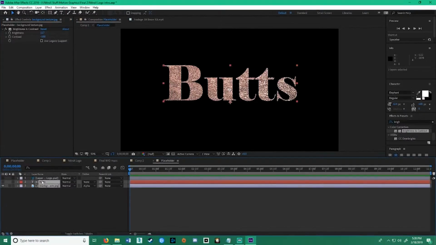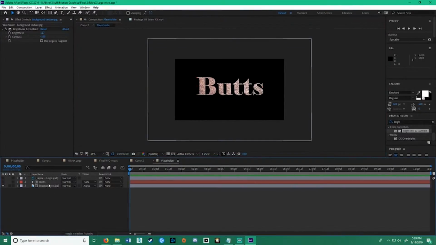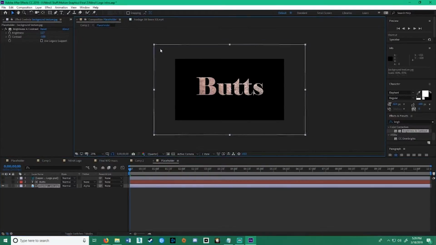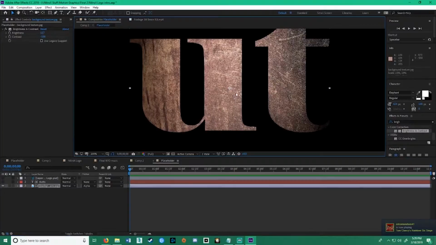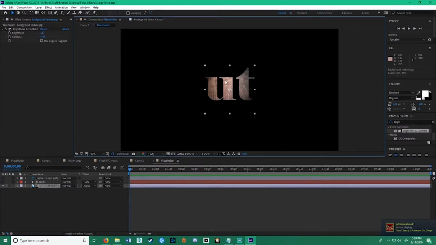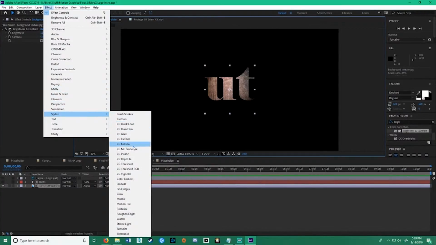Now that you have that in place, what you're actually going to do is scale down the actual texture until you can see all the little details that you want to see. So that's about right. Then you're going to go Effect, Stylize,